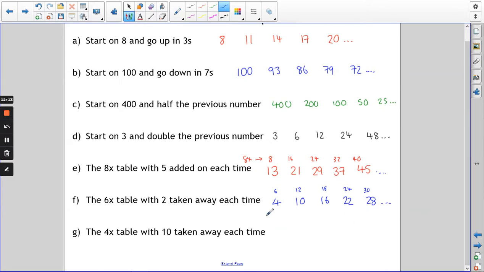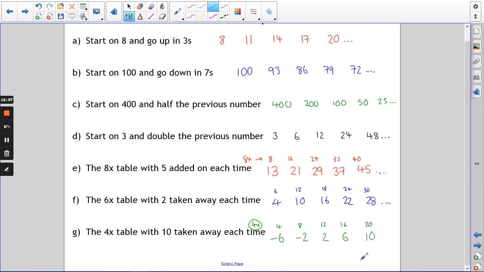And then the last one for today, the 4 times table with 10 taken away every time. So it goes 4, 8, 12, 16, 20. That's the 4 times table. Okay. If I take away 10, a little bit tricky, be careful, we get minus 6, minus 2, 2,